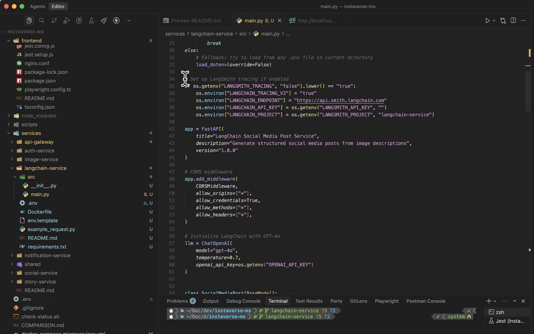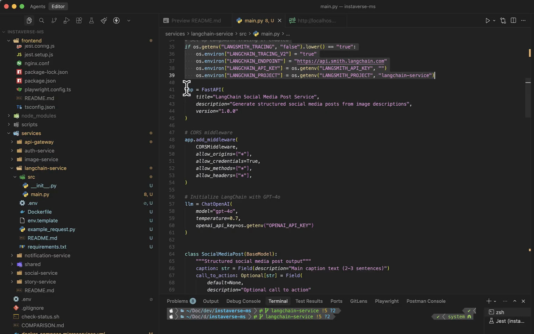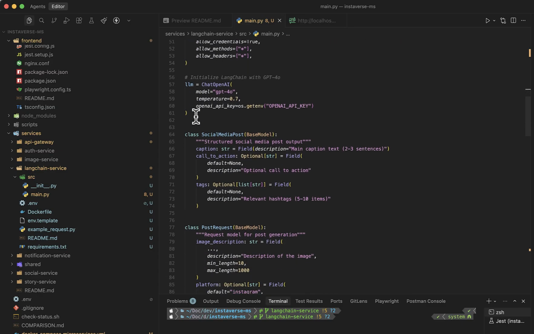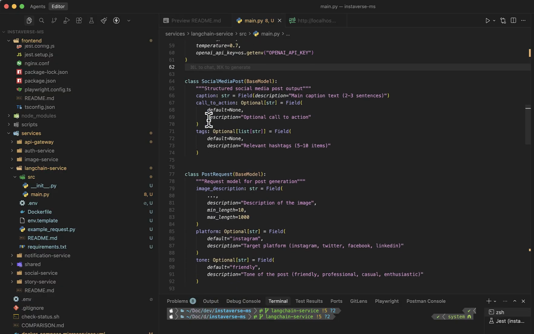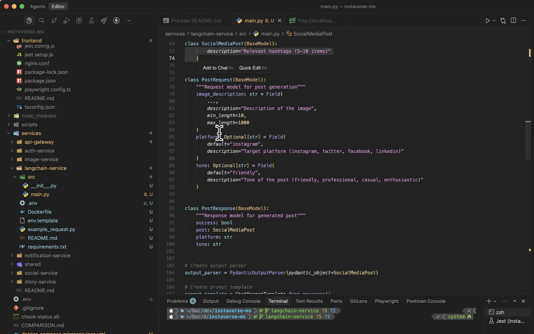And then next, LangSmith tracing gets turned on, so every request is logged, tracked, and forever remembered. We use FastAPI to expose our endpoints and initialize LangChain with GPT-4o. Then we define our Pydantic models, one for incoming requests, one for outgoing responses, because we want them both to